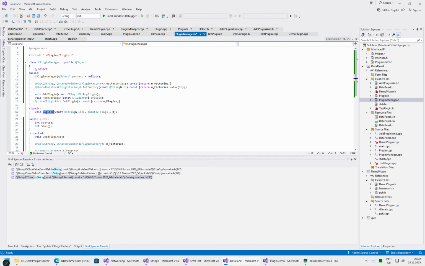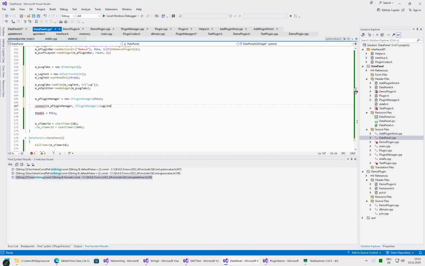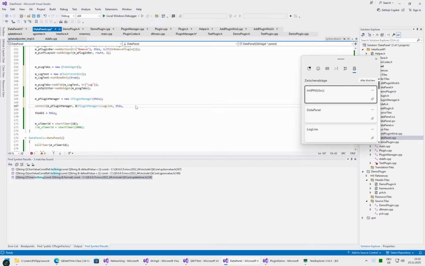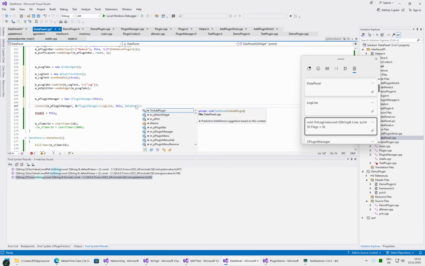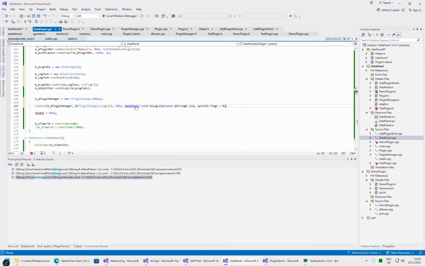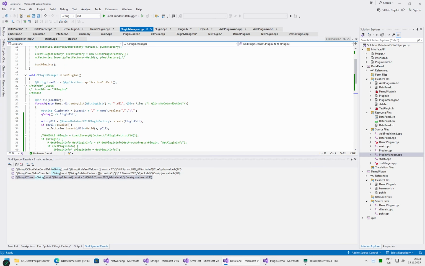This is good enough. Okay, log line reference, comma this, comma, on log line of reference. Okay, so it is already connected,